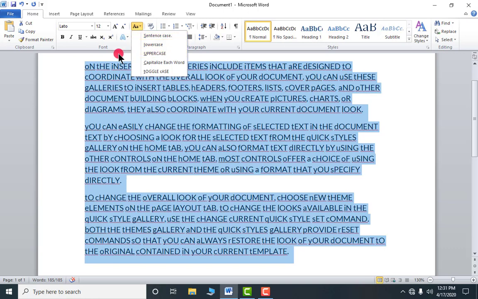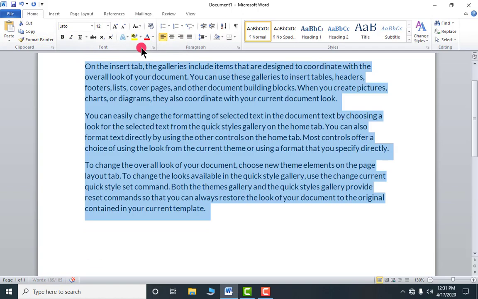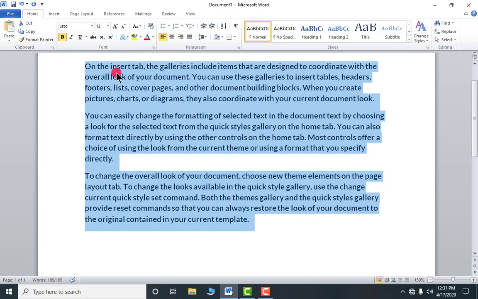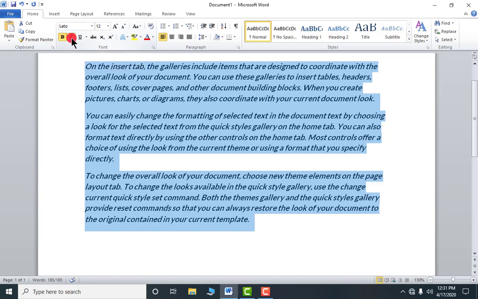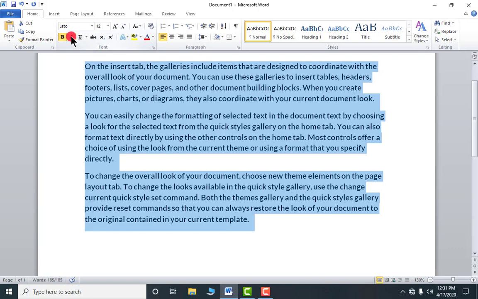Okay, now I am again changing it to sentence case. Next, I think all of you are familiar with this bold. It will make your text little bit bolder. Okay, just near it we have italic. It will make your text tilted. हल्का सा text तिरछा हो जाएगा. देखो, it is so normal, and it is italic.